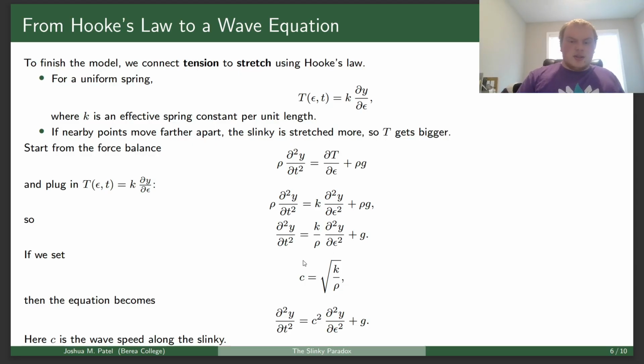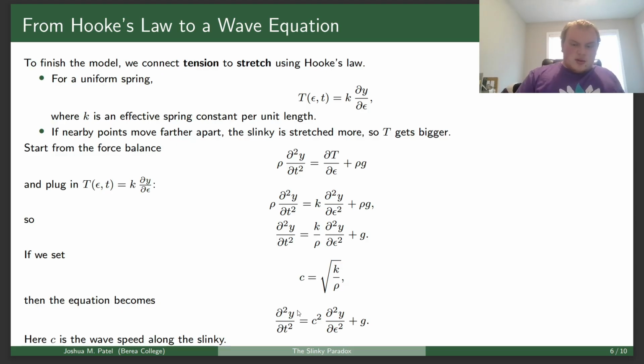An acceleration is equal to a constant plus a stretch. So it's okay, now we know what we're getting here. We can take these two constants and find them as a new constant c, and then our equation becomes this, where c is defined as a wave speed along the slinky, because this is just a wave